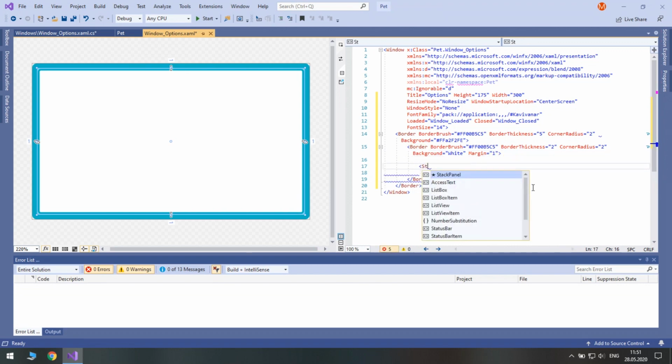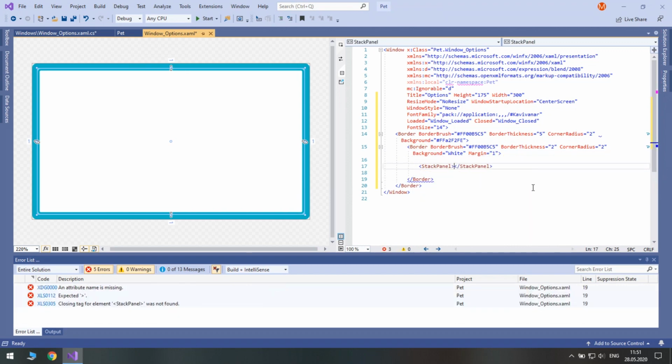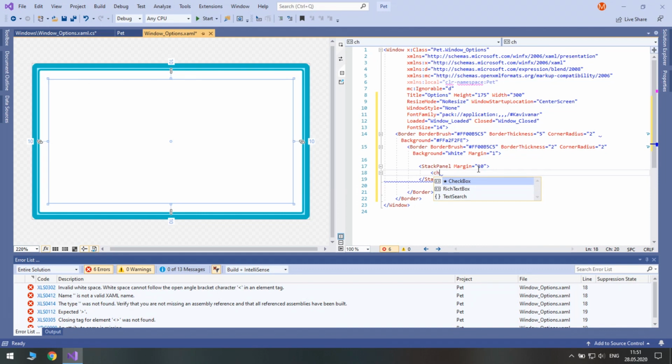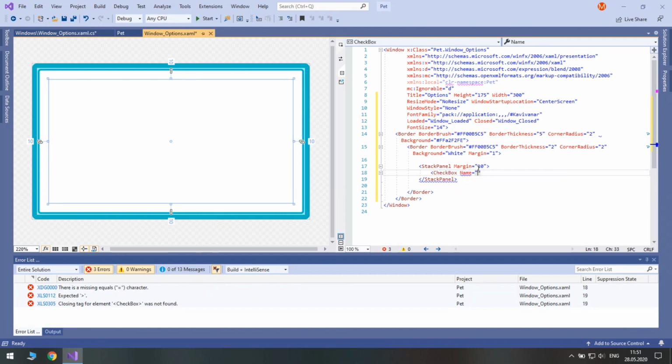Inside we will have a stack panel with margin of 10. And here we will finally place our controls for settings. So first of all, we will allow the player to change whether he or she will see daily comments or no. So let's create a checkbox, checkbox daily comments.